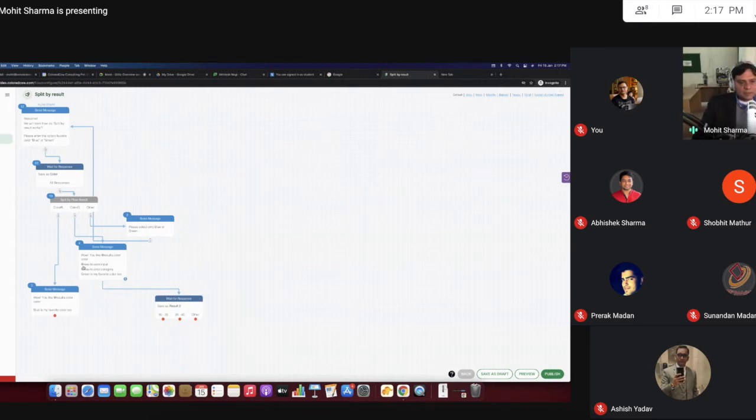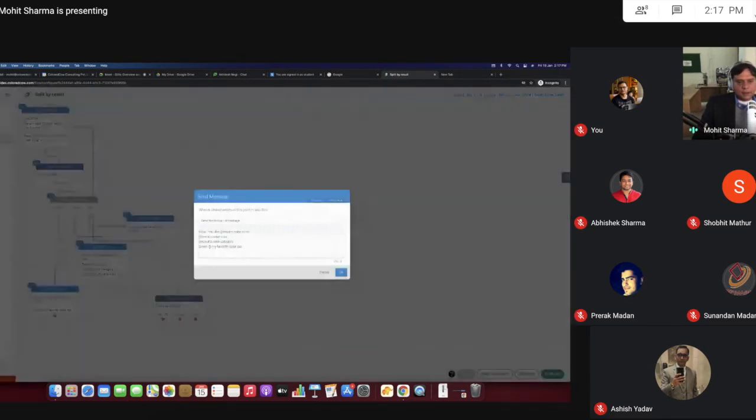So results is a variable which we use to show the values within the same flow. Like if you have asked a question to a user about the age and you got the answer, you can use that value received in the same flow, like results dot variable name dot input.